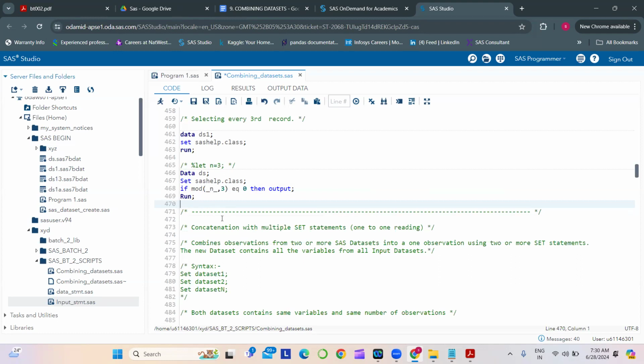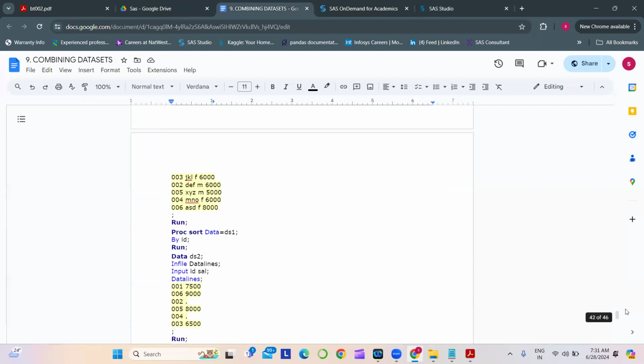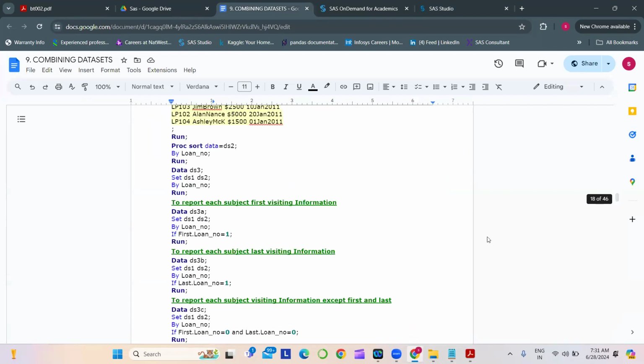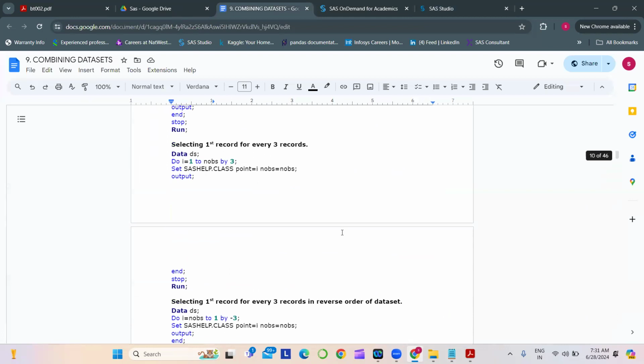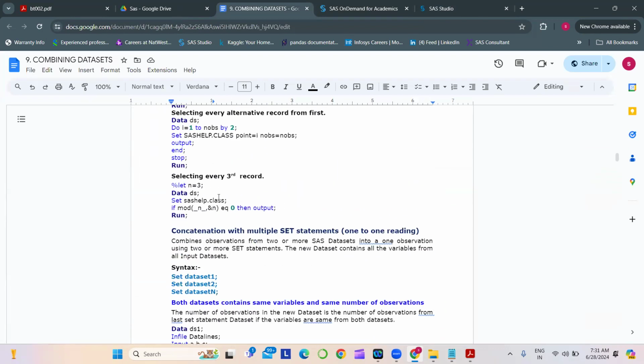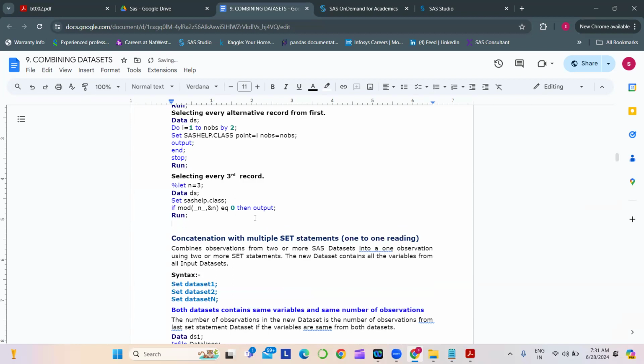Because of EQ 0, sometimes we might not remember that the remainder is 0. Let me just comment here itself. Anyway, this handout will be with you. Third record. Anyway, we'll deal with mod in the functions class, which will be mostly tomorrow or next week. So just to be on the safe side, I'll simply mention here: mod function